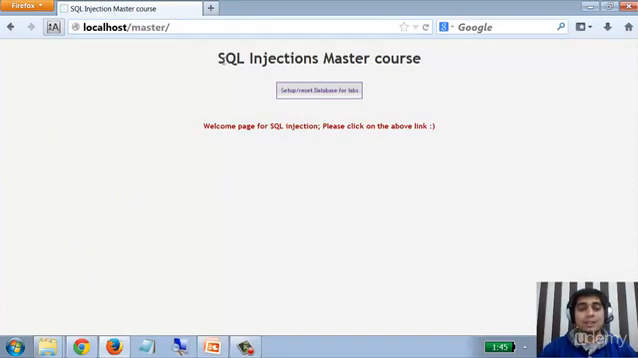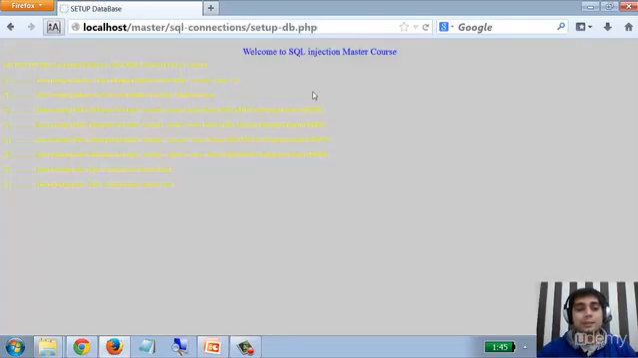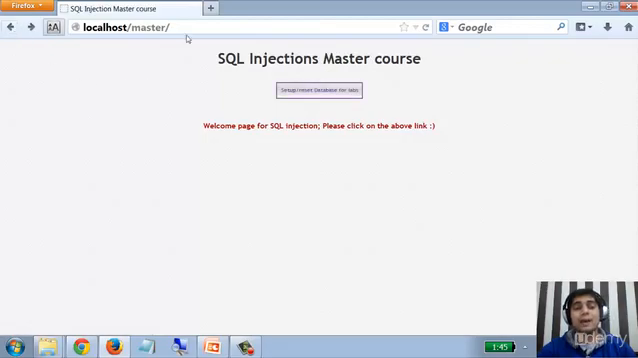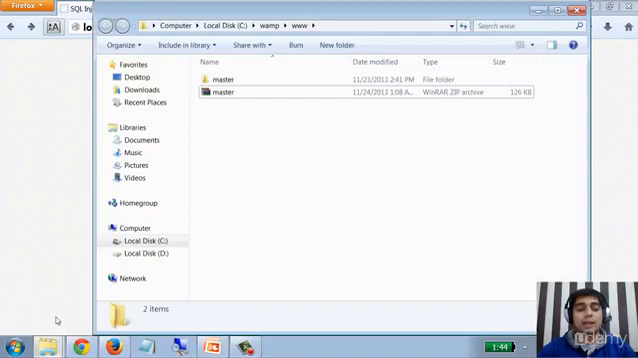find here is my SQL injection master course. Now it says it is the welcome page and you have to click here to set up your database. Once you click on it, that's all done. Now this is all about it, you don't have to do anything else, just one click. Now go back, and if you move out onto your www directory, let me move on to that, you